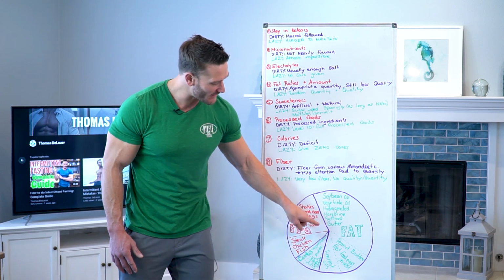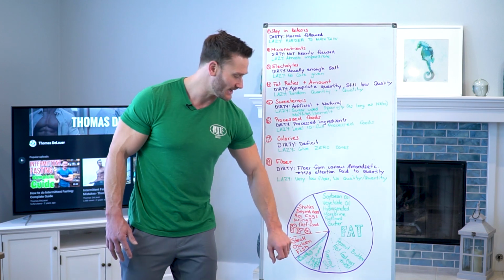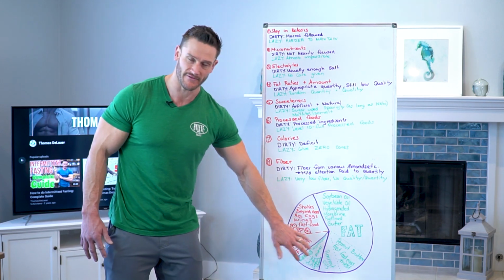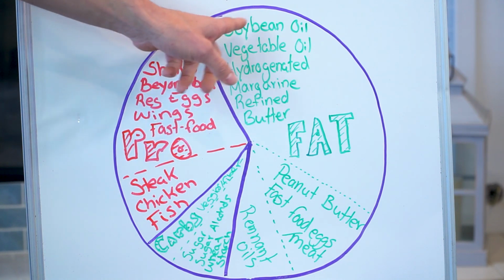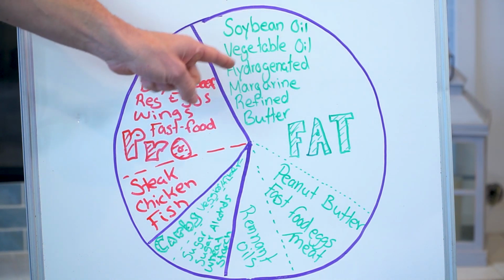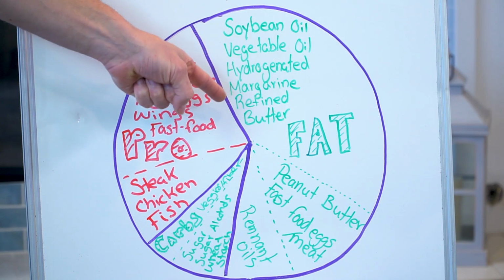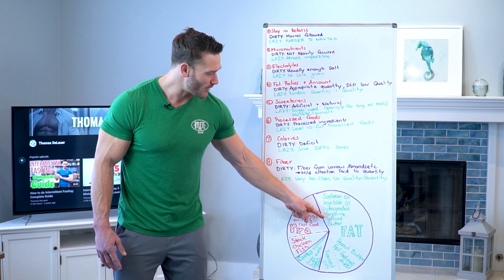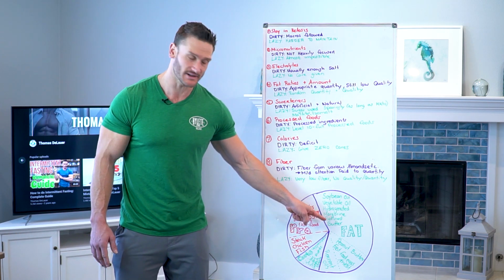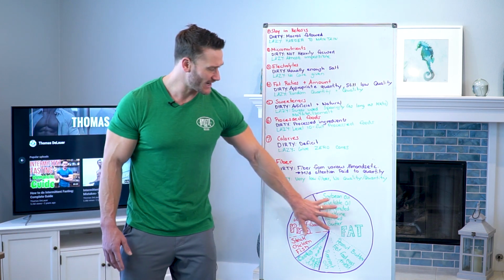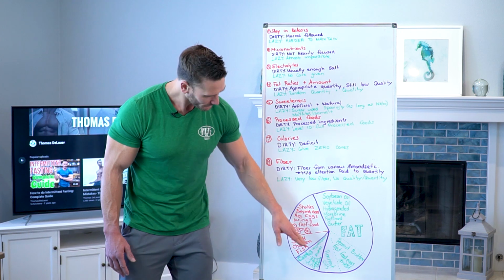Fat, and then I divided them into subsections. So fat, I divided into what you're mostly eating with fat, what you're moderately eating with fat, and what you're not getting a lot of with fat. So with the lion's share of the fat intake on lazy keto, you're gonna be things like soybean oil, like vegetable oil, hydrogenated fats, like peanut butters, things like that. Margarine, more hydrogenated fats, refined oils that have been highly processed, low quality butter that's not grass-fed. Lion's share of your calories are probably coming from things like that. Mayonnaise with soybean oil, all that.